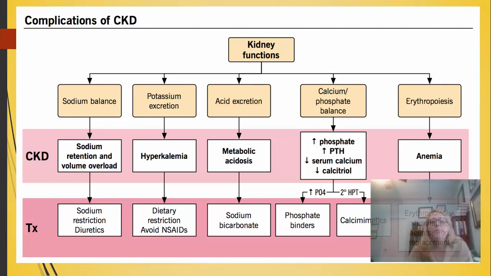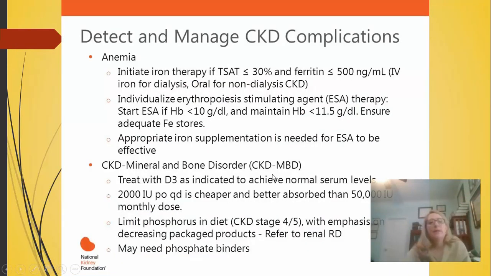Acid excretion, metabolic acidosis: they're going to be on sodium bicarbonate. Calcium phosphate balance: phosphate binders. Then you have anemia, and you might have to have iron or erythropoietins. And then you discuss that some here, exactly what's done to treat that. You don't have to get all into the weeds about this too much, but just know that you will have to